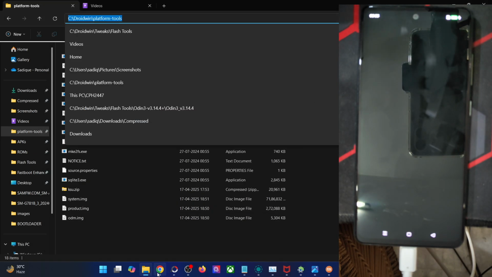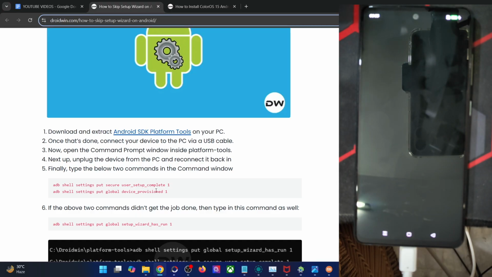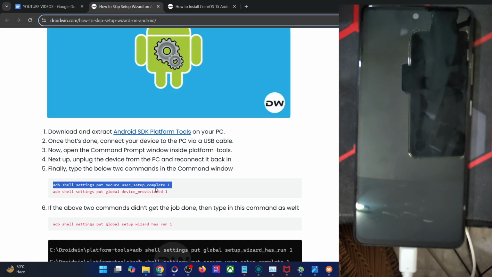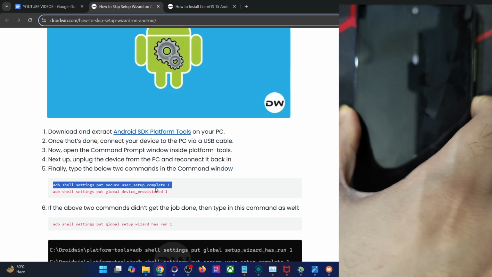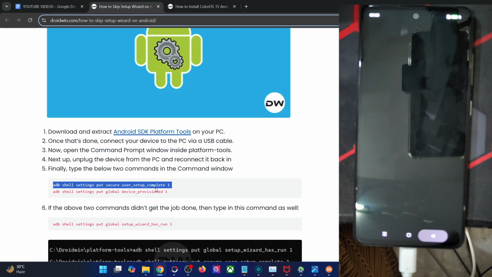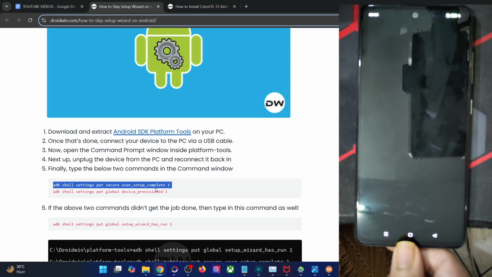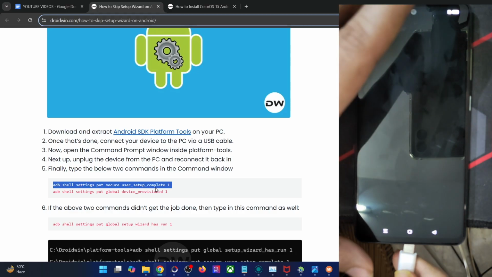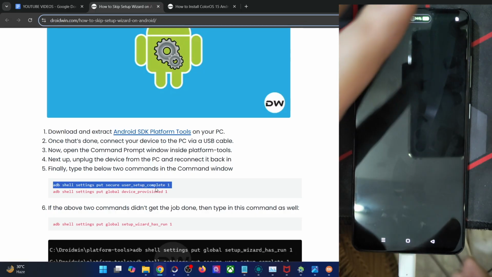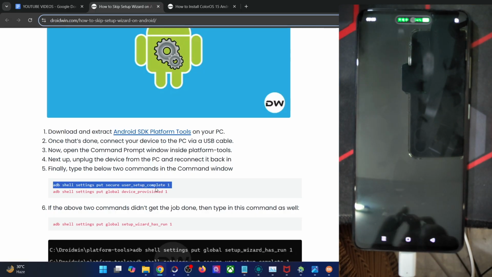Now what you have to do is simply copy paste these two commands in the CMD window. But before that, you will have to unplug and replug the phone to the PC. This is because as of now the USB debugging is not enabled, and you are not in a position to enable it because you cannot access the OS. You cannot tap on build number 7 times to enable the USB debugging. So for that, you just have to unplug the phone and replug it back in, and with this the debugging is now enabled. It's quite a handy workaround which I just now got to know. Simply unplug the phone and then replug it back in.